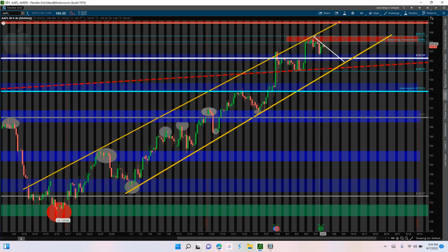If tomorrow we cannot get above this white line and it rejects, we're going to come down to this area, which is 160, 159. If this does not hold, we will drop to our new support down here. This is for Apple. So if we drop here, we come back up and 162 rejects, it will break down to our new support. So tomorrow, if the pre-market we cannot clear this white line,